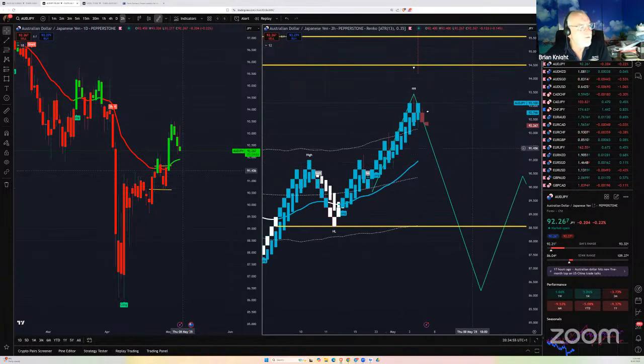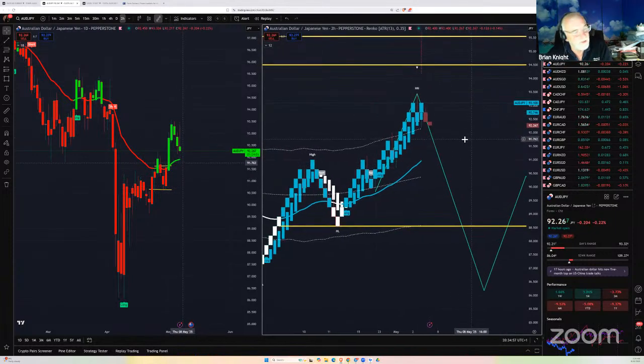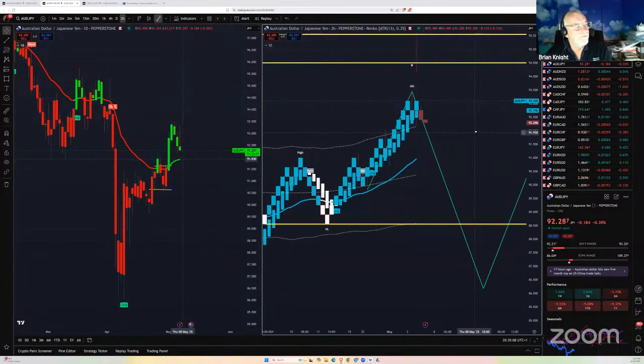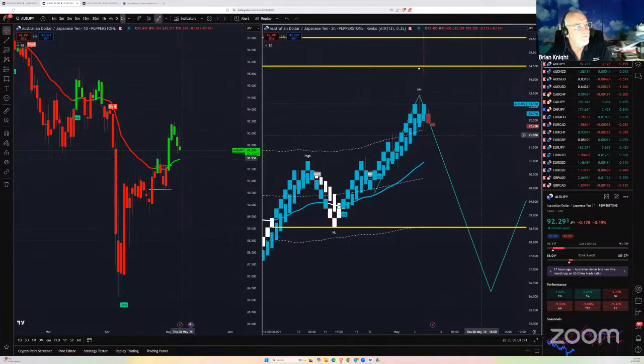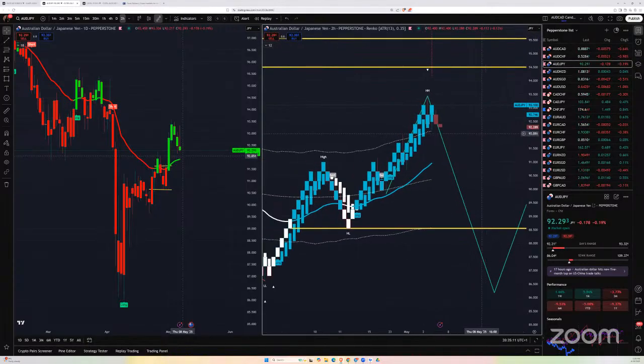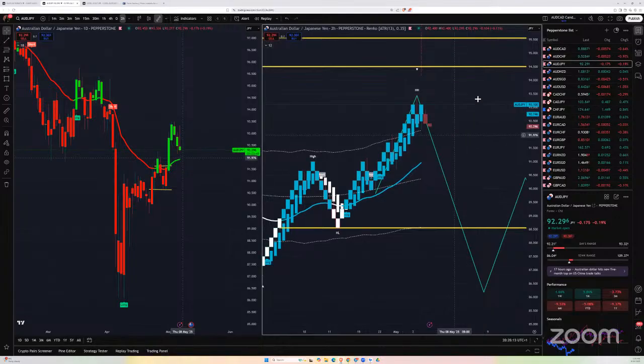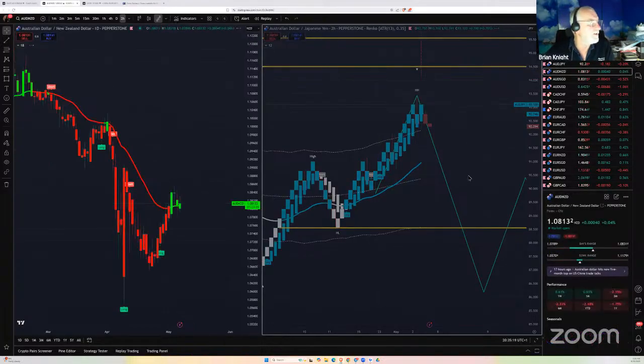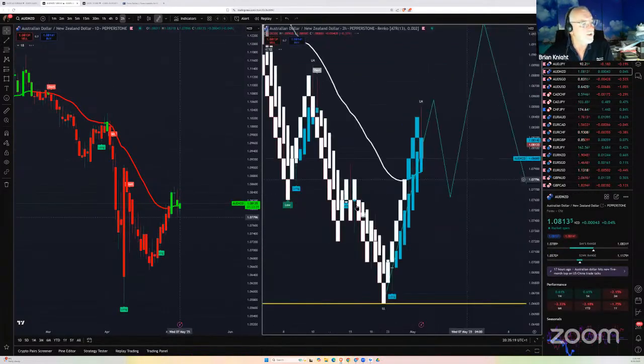What I'd be looking for in what you were saying, Tom, is a white Heikin-Ashi and a short out of here. Yeah, that's what I'm looking for. Potentially. Okay, yep. Lovely. All right, I'm just trying to see similar things. All right, AUD NZD. Look at this pull up here too, but